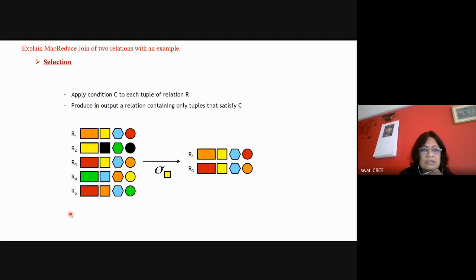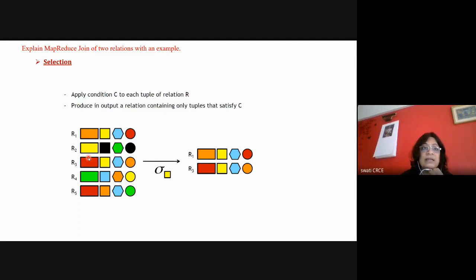So for selection, you can see this diagram. Suppose this is your relation R1, R2, R3. There are 5 rows in the table, and all the 5 rows are shown here. Here, what we are trying to do is analysis of structured data. In big data analytics, your data can be of any type: structured, unstructured, or semi-structured. So if it is structured data and you want to do some kind of analysis on it,